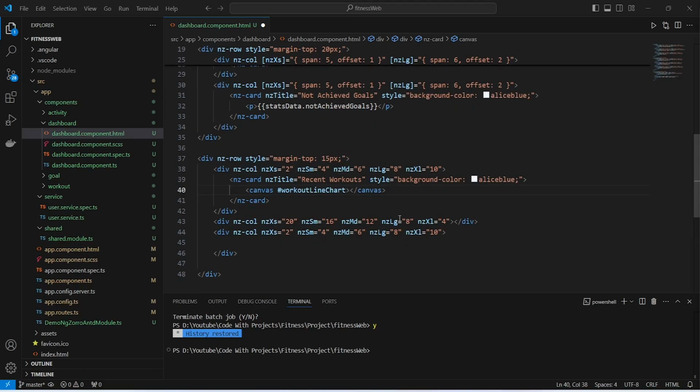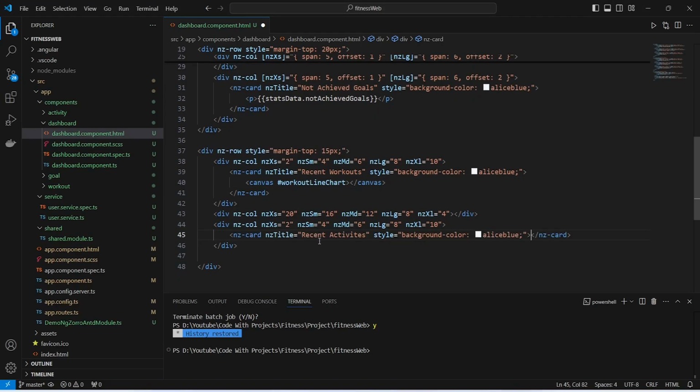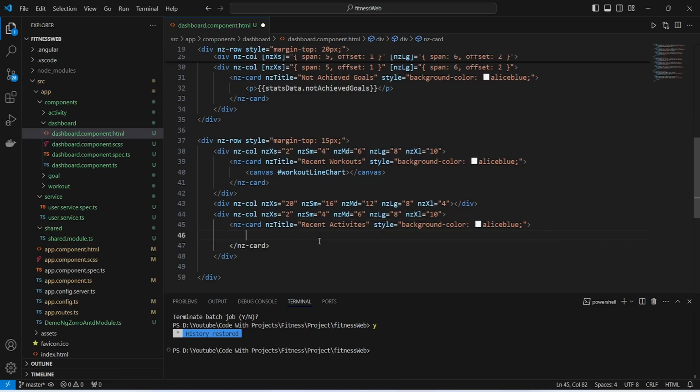Now let's go to the second column and let's use nz-card tag to create a card. And for the nz-title, we will give this as recent activities. And in this nz-card, we will again create a tag of canvas. And for the identifier, we will give this as activityLineChart. And with this, our HTML code is completed. Now let's save this file and let's open